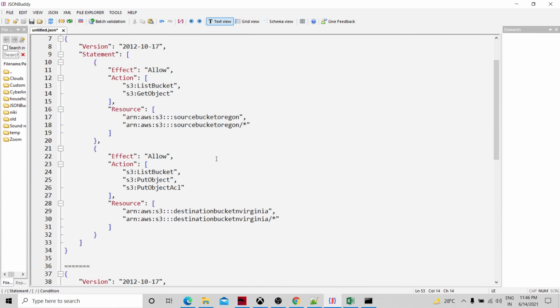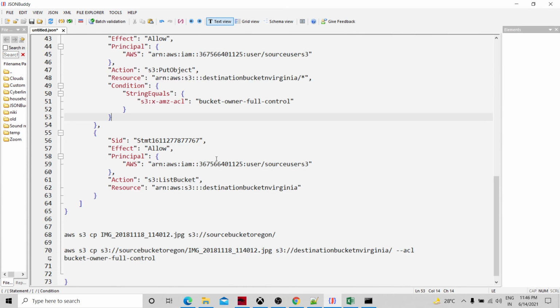These two things I have done, and we have AWS CLI already installed and the command prompt is already working. I have copied the file from my local machine to the source bucket.